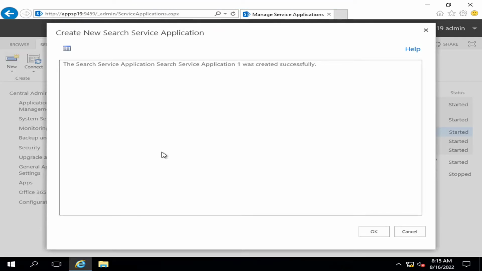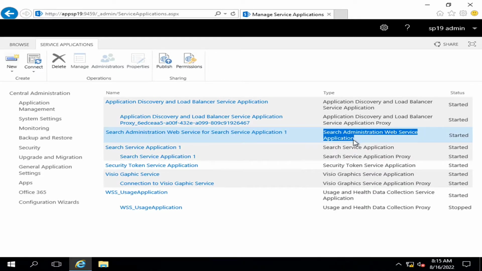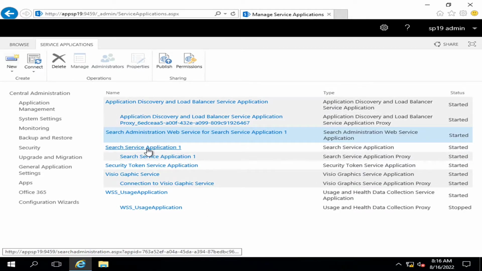Okay friends, after a few minutes, the search service application has been created successfully. This is the message, and now we are clicking OK. So if we see here, you can see that the search application pool has been created. It has also created an application administration web services pool. If you remember, I told you that there are two types of pools. One of them is the search administration web service pool. So if I click on this application,